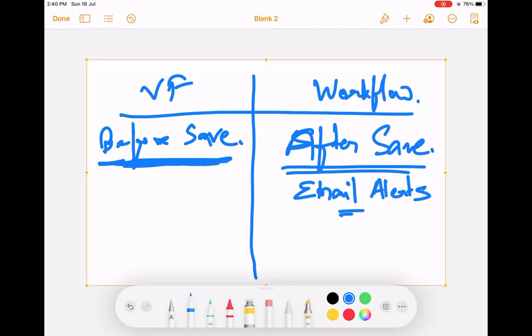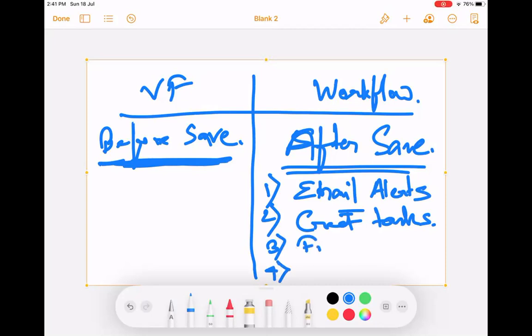Now workflow. You can create tasks. Four things you can do. Third is update fields automatically. Some field value you want to auto calculate and update it. You can do that. And fourth is outbound messages.